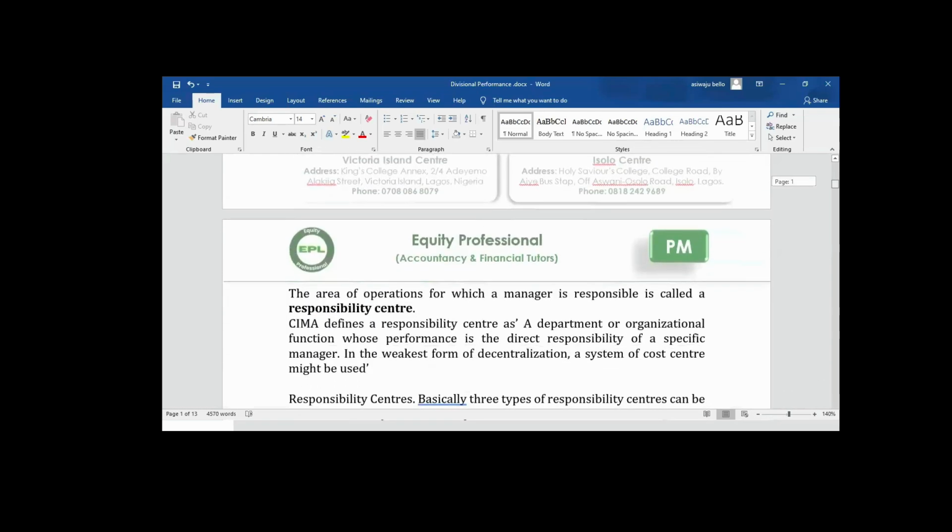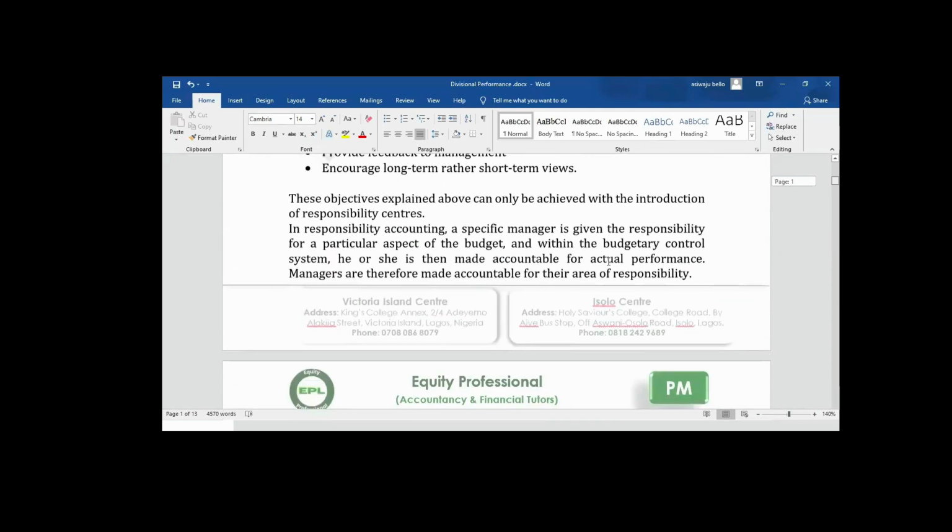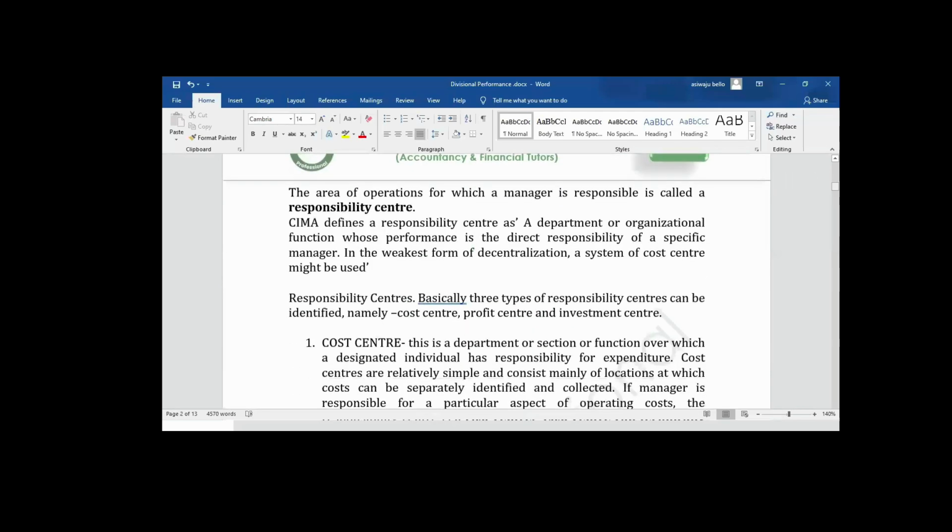Now, the next is responsibility center. Our next discussion is responsibility center. Responsibility center is the area of operation for which a management is responsible. Responsibility center is the area of